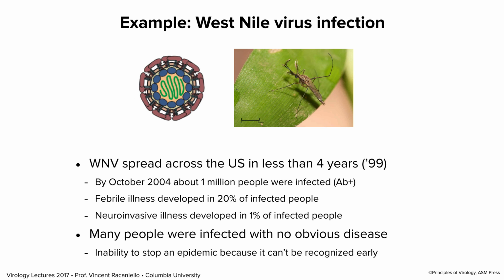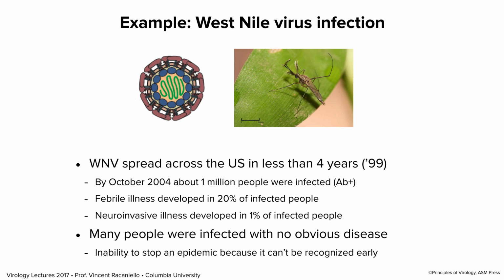So this is a mosquito-transmitted infection. Very interesting. It was not in the US before 1999. It first arrived in New York City, probably on an airplane from Israel. We don't know. It may have been a mosquito or an infected person. It started an outbreak that was picked up because birds in the Bronx Zoo were dying. Very interesting story. Anyway, that's not what we're going to talk about today.